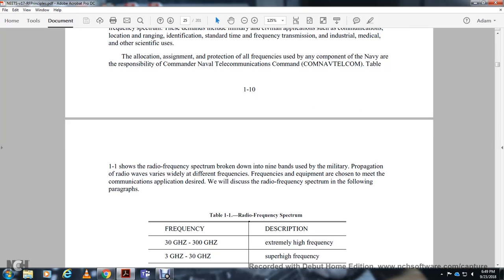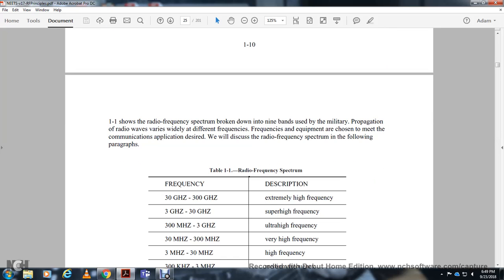The radio frequency spectrum is broken down into 9 bands used by the military. Propagation of radio waves varies with different frequencies. Frequency equipment is chosen to meet communications applications, so it is desirable to discuss the radio frequency spectrum in the following paragraphs. Frequency description: 30 gigahertz to 300 gigahertz, extremely high frequency; 3 gigahertz to 30 gigahertz, super high